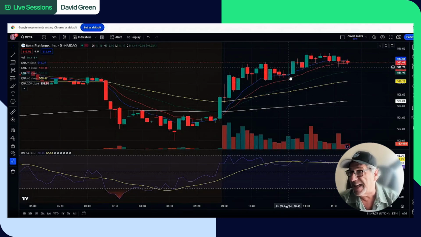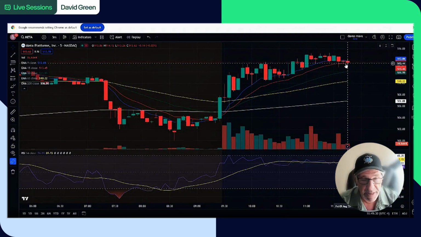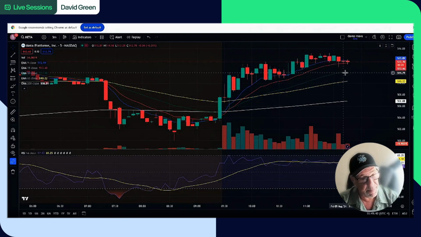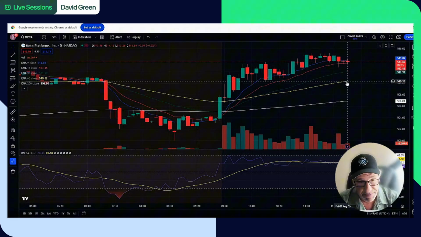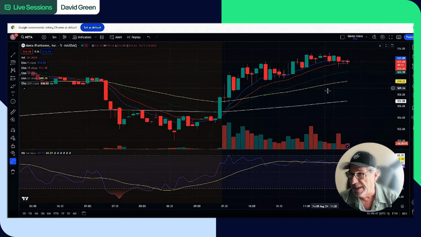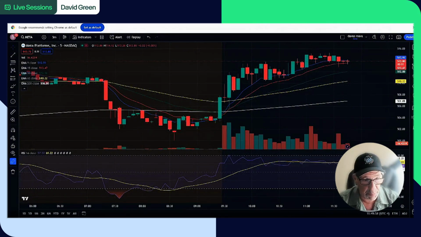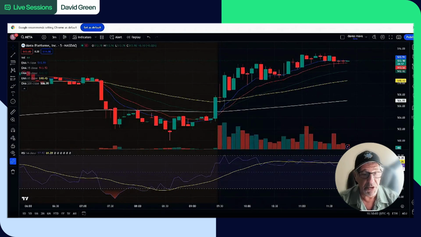That's when I get into the stock when it pulls back to my 9 and my 15 EMA. If it breaks those moving averages, then the trend is broken and I get stopped out of the trade, even if it's a longer term trade. Then you can see here we have our 30 EMA, okay? That would be my next support level when the stock is going down. We have my 65 EMA, the next support level going down, and then we have my 200 EMA, the next support going down. The further something goes and hits one of our support levels, the better the trade will be. And the faster something goes and hits one of our support levels, the better the trade will be.